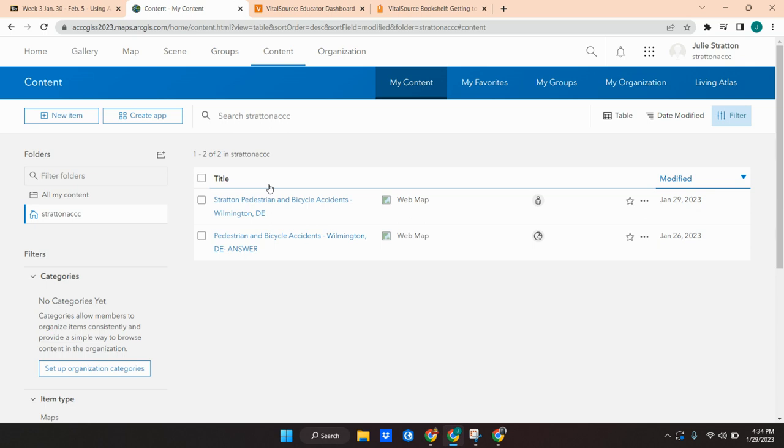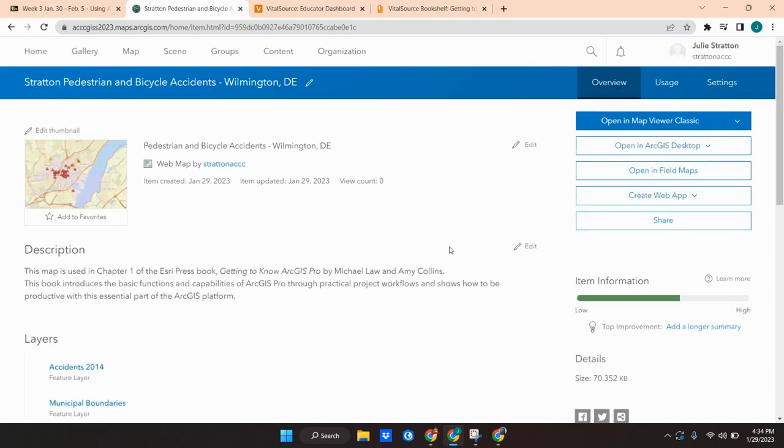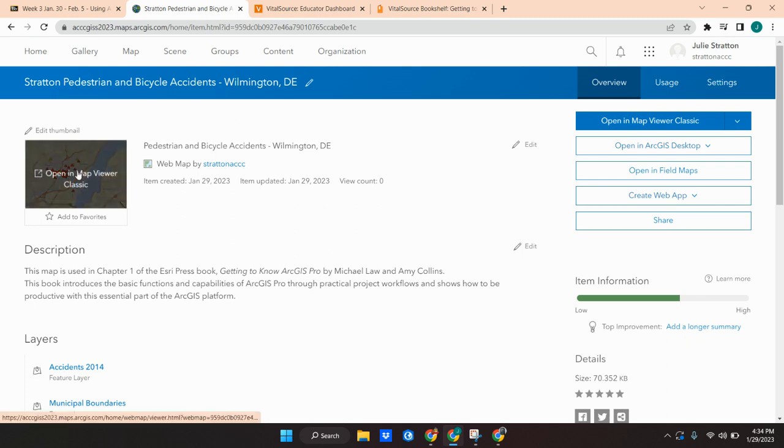So let's say you're working on something and you have to pause. So you save, then you've logged back in to ArcGIS, you've clicked on content, and you're here. You can click on that map and you'll see it opens up what we call a detail page. Now this detail page is very, very important. This overview page is very important. If you want to just open the map and go back to work on it, you can click open map